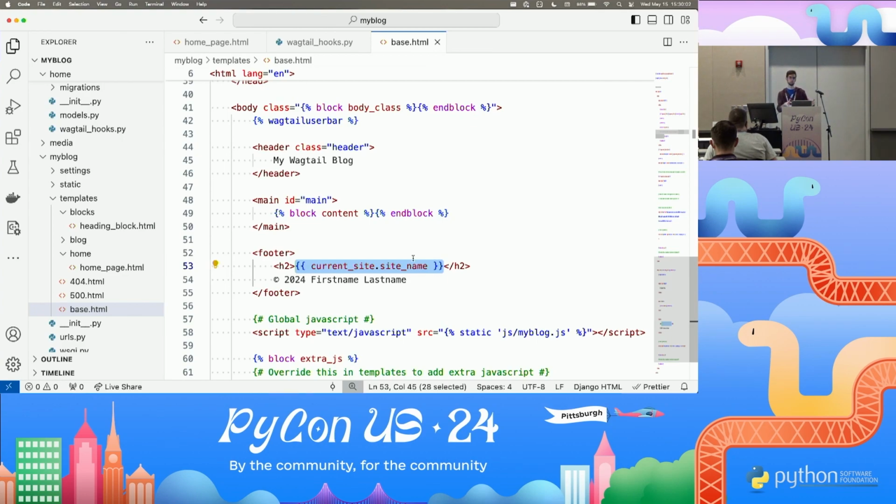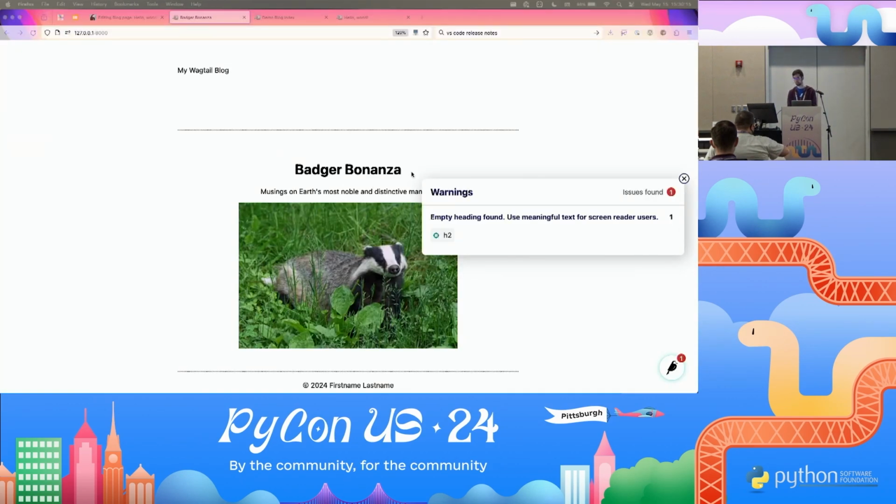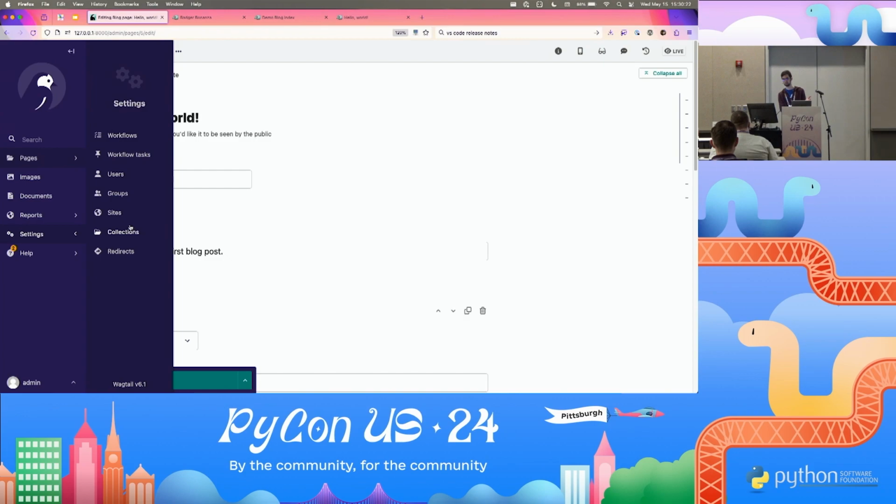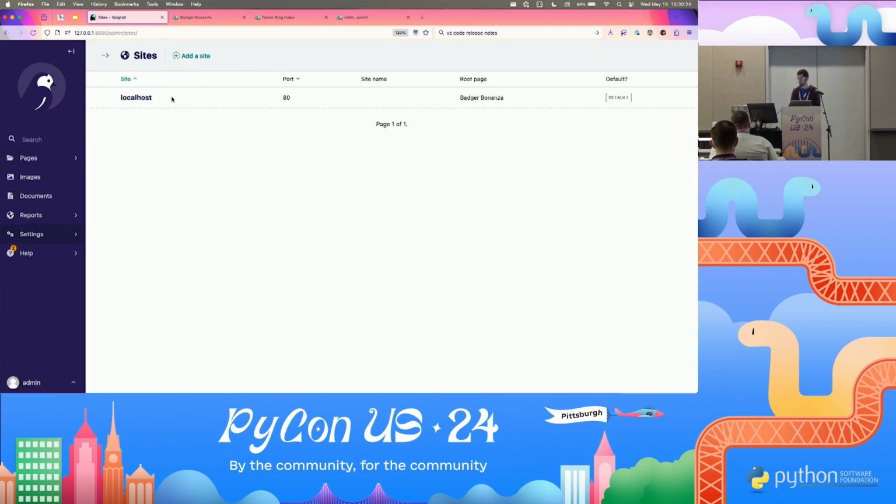The site being the Wagtail site configured in the back end. Wagtail naturally has support for multi-site setup, and the sites within, we only have one in this case, but it is still a site. So if we go to the admin area and go to settings, sites, we have this